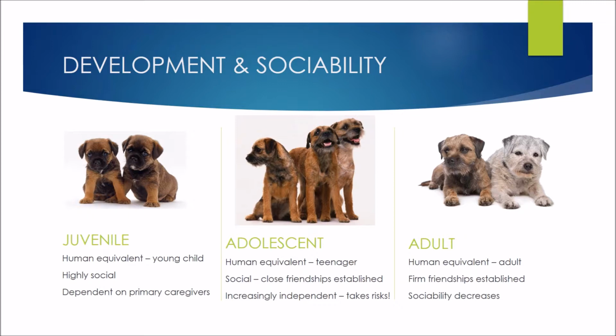So with the adult dog, firm friendships are established, and what happens with the adult dog, for the majority of them, is sociability actually decreases. Now this doesn't mean that all of a sudden they don't want to be friends with anyone. What it means is they're just not as open to new friendships. And again, if we compare them to us, we're kind of the same. As adults, we're pretty comfortable in our close social groups. We don't have a new best friend every week like we did when we were little. We don't go to the big teenage parties like we used to. We're just more comfortable with being with people we know.